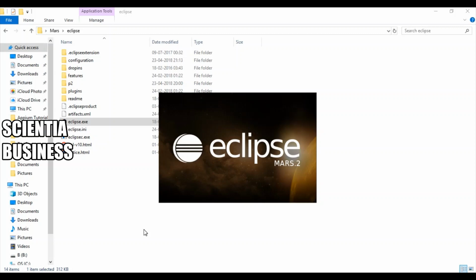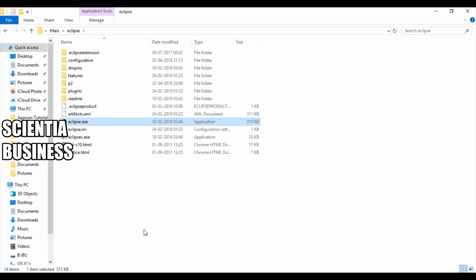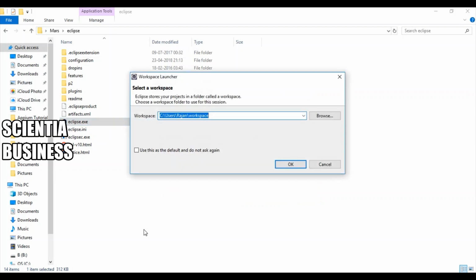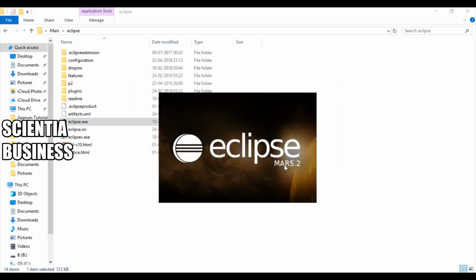By default, it will create a workspace, because this is the first time you are launching Eclipse. You can choose the location where you want to place the workspace. By default, it is under the users folder, followed by the workspace folder, right? I've just clicked on it, and let Eclipse open up now.